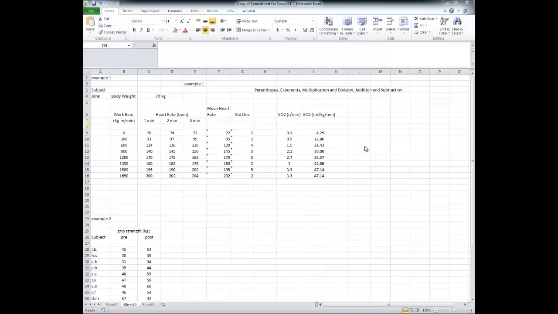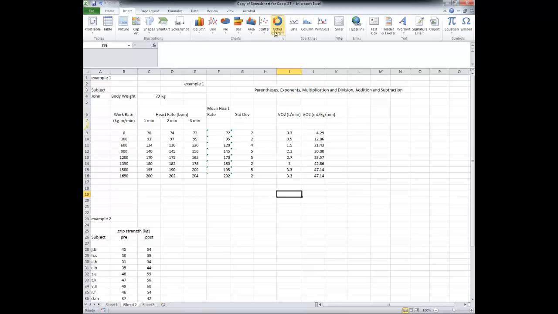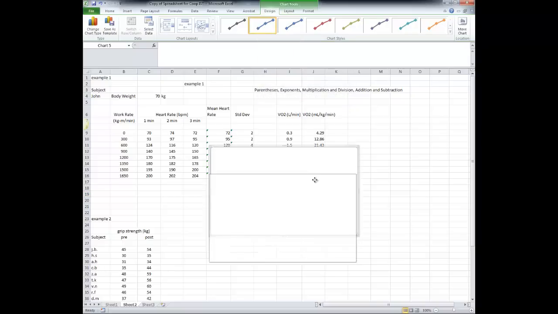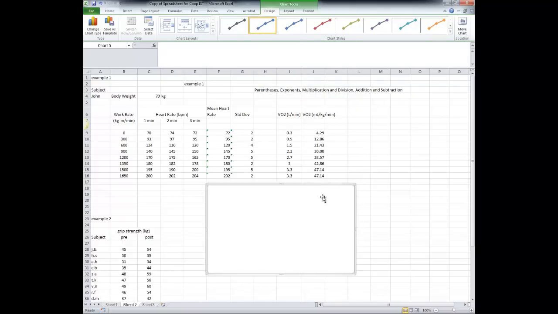To create a chart, you're going to go to the Insert tab and select the chart type you would like to create. We're going to use a scatter plot. So I click on scatter, and you have a few options. I'm going to select scatter with straight lines and markers. Now you need to select your data. The Select Data button is at the top here in your Chart Tools section. The chart tools appear once you have clicked on your chart. So I click Select Data,